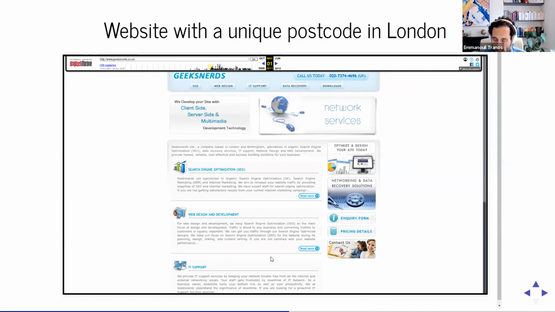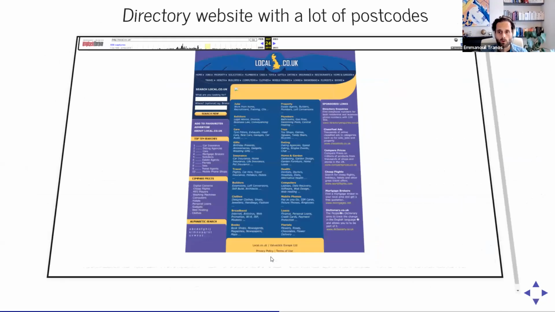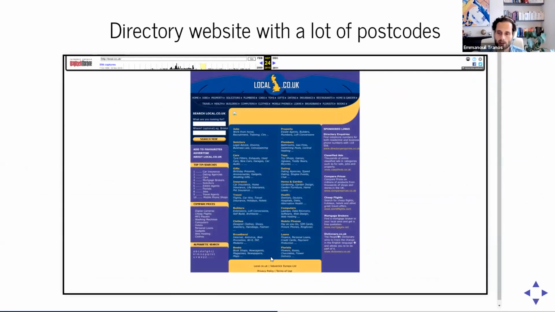They offer IT services in Shoreditch. They have one unique postcode, indicating that this business has one trade address. At the other end of the spectrum, we have websites with multiple or even thousands of postcodes. And this would not be something strange to the older people in the room, as it represents directory types of websites. That was the pre-Google era, when these yellow-pages type of web pages were the main way to navigate through the web.